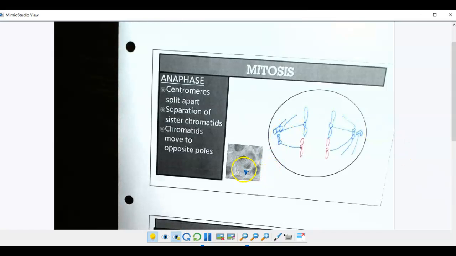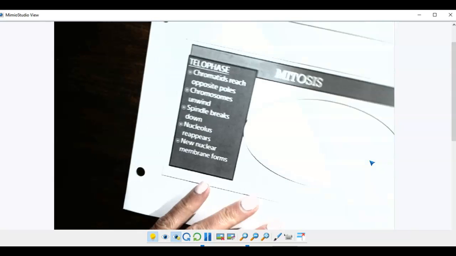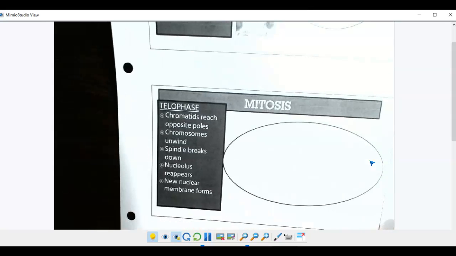As you can see right here, this is a real picture of a cell in anaphase. Those chromosomes are making their way to the opposite sides of the cell. Okay, so our last phase in mitosis is telophase. So chromatids reach opposite poles, chromosomes unwind, spindle fibers start to break down, nucleolus reappears, and the new nuclear membrane